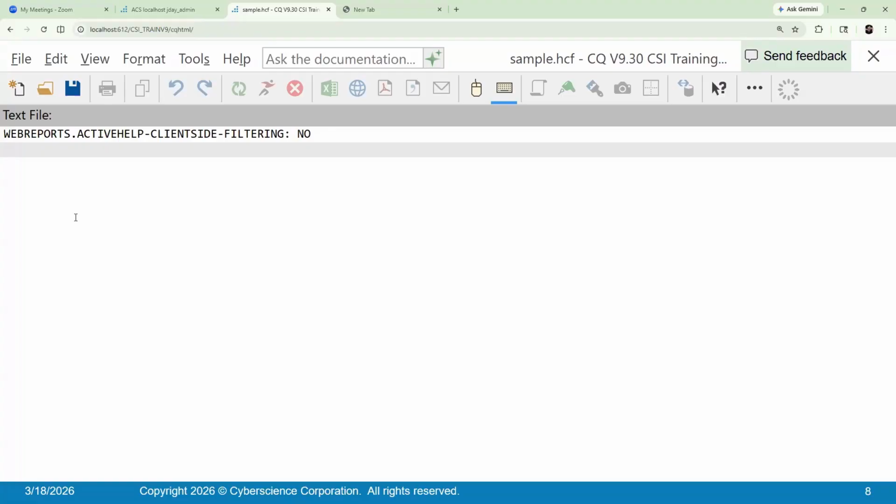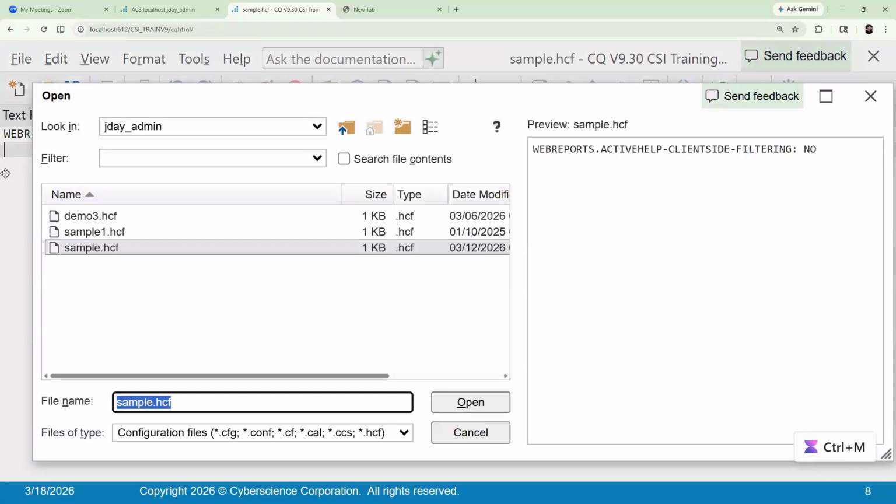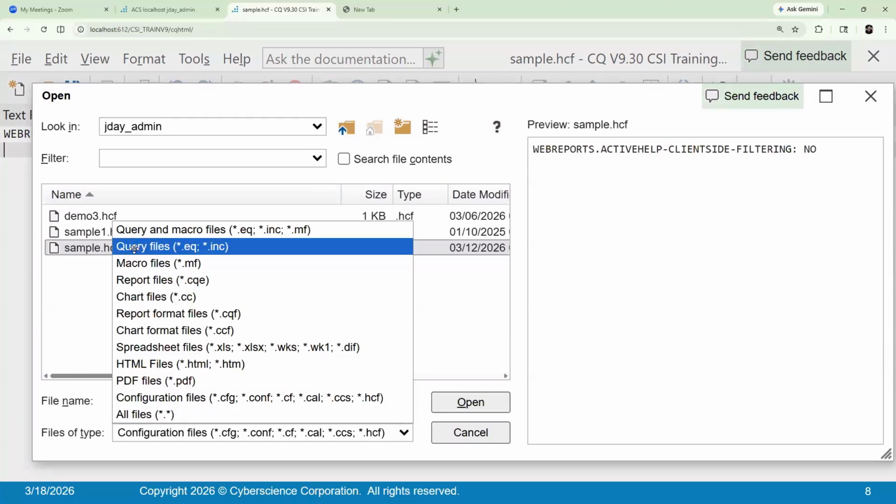So if a user just writes a report that they want to make an active help report, can they just save it as query name dash input value dot help dot HCF? Exactly. If you follow that format, oops, I don't want HCFs here. If you follow that naming convention,